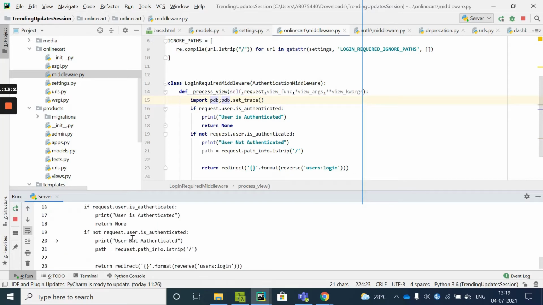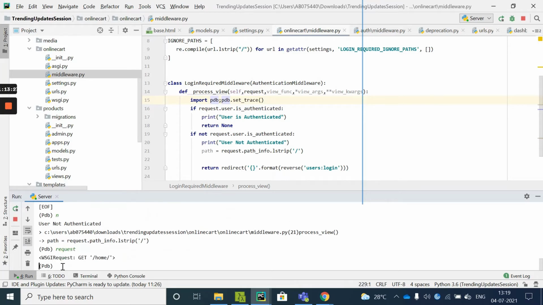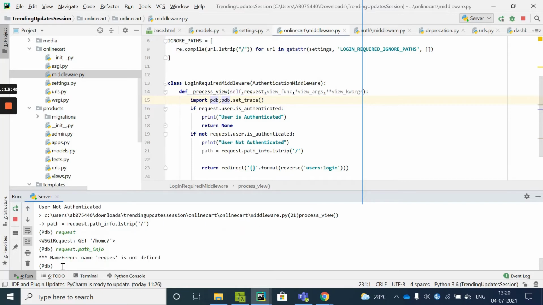Now if you want to check what is present in the request, you can check it like this. Your request is something like this. So request dot path info. You can also check what value is present in all of the objects.